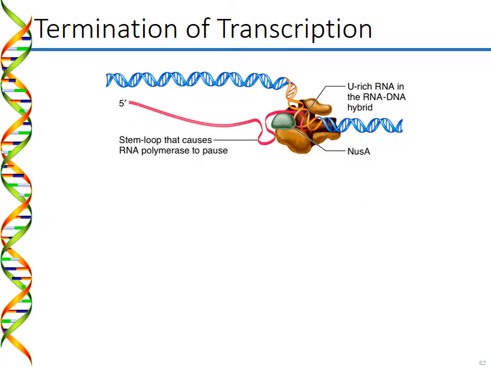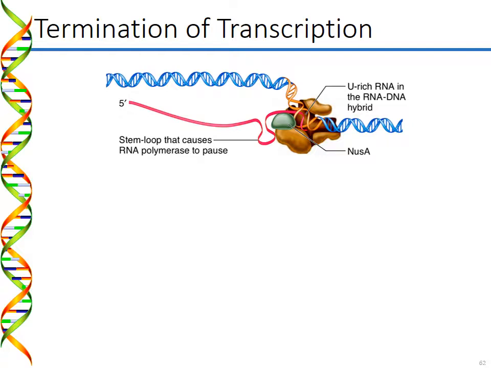So we talked about initiation, we discussed elongation. Now let's take a look at termination of transcription. As I mentioned previously, termination occurs when a stem loop in the mRNA that's being produced causes the RNA polymerase to pause its movement down the DNA strand and its addition of more nucleotides to the nascent mRNA strand. So here in the figure you can see the transcription bubble within the RNA polymerase, and so